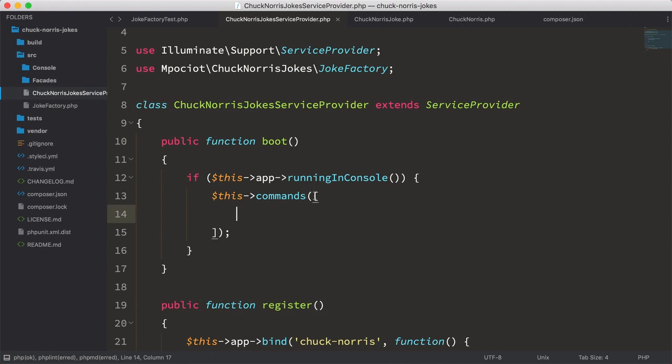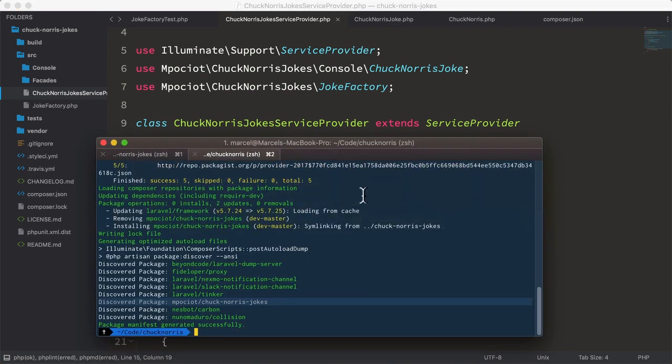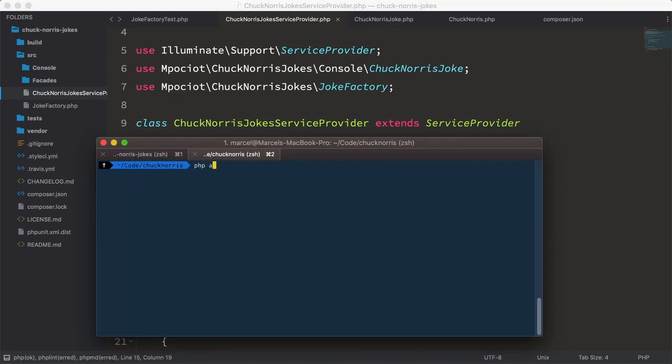We have this commands, and then we add the ChuckNorrisJoke class. And this is going to be the console class that we just created. Okay, so if we now head back to our Laravel application directory, we should be able to say php artisan chuck norris. Press enter,